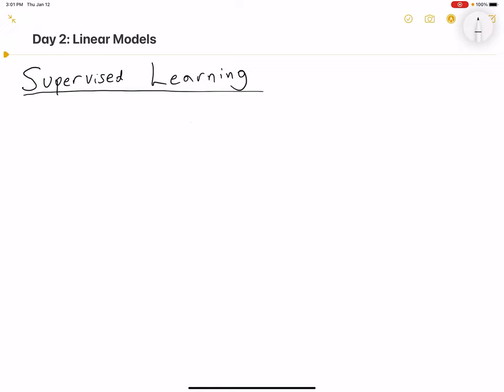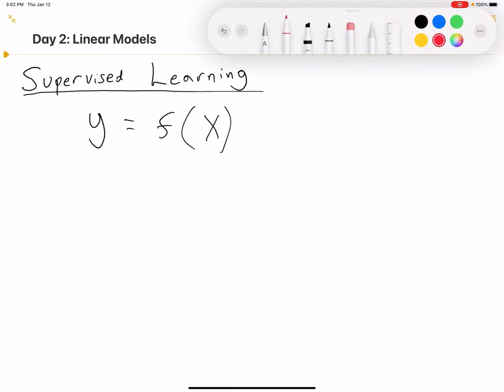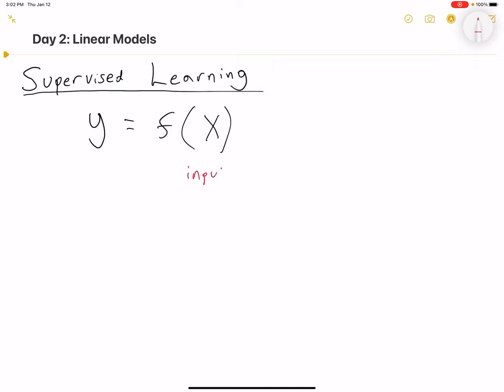So today we're gonna get into the actual content, and we're gonna start with supervised learning, which was the big category that's about 80% of this class. And so if we recall from yesterday, supervised learning is all about learning a function. So in machine learning, we have inputs, just like we have inputs to functions in math. So X would be the input, and the output to the model, aka what we predict,